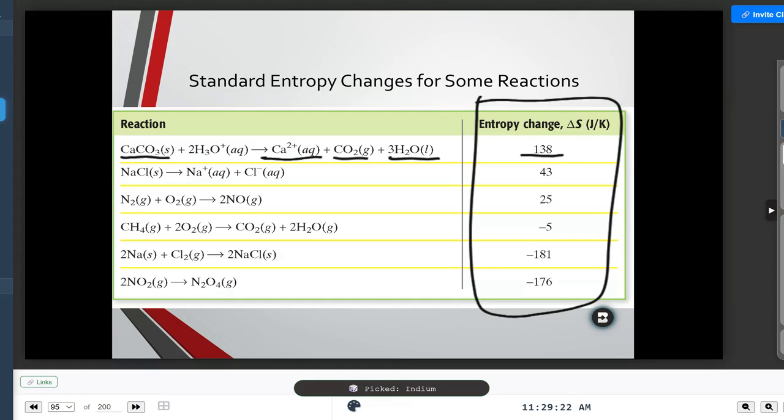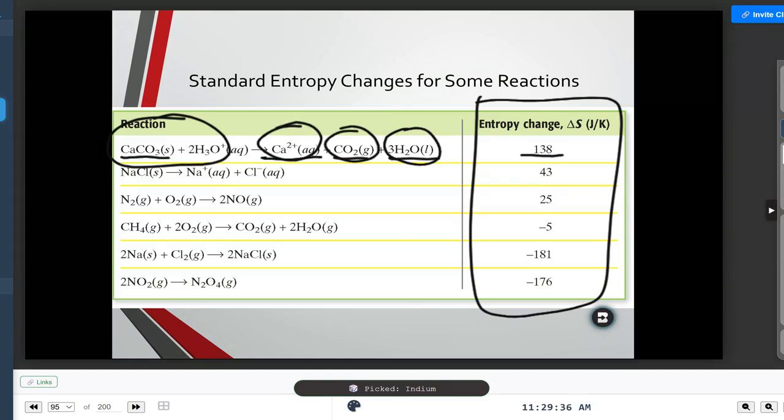Yes, three things, three particles, right? So we go from 3 particles over here, right? Calcium is 1 and then hydronium is 2. And suddenly we have 3 with our water plus the carbon dioxide plus some calcium. So we've actually gone to 5 particles, right? So we're dispersing our particles out to greater and greater places. Yeah, absolutely. So that's the idea here, that we have a positive entropy because we're going to disperse that value. And in the next one, we have sodium chloride, and it's turning into 2 different particles. So we're dispersing that. So it's going to have a positive entropy.